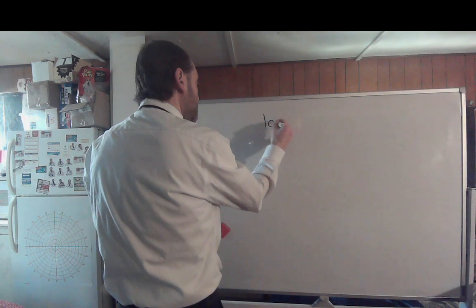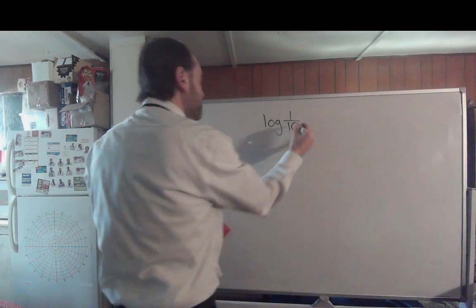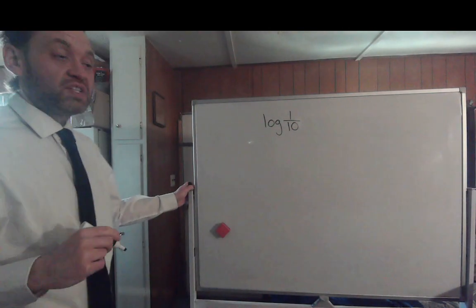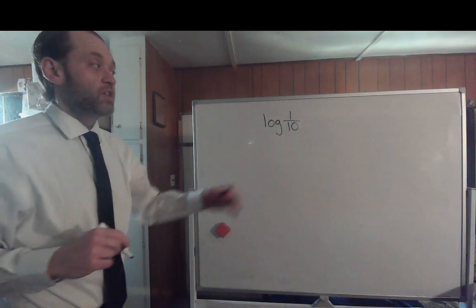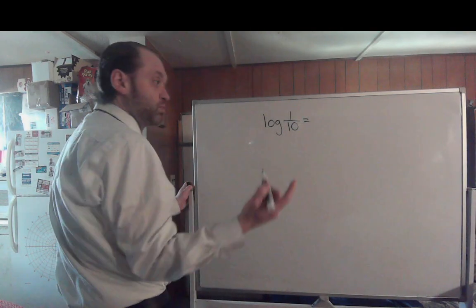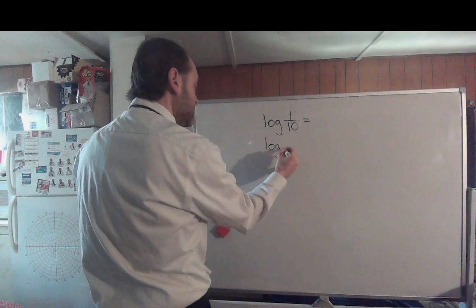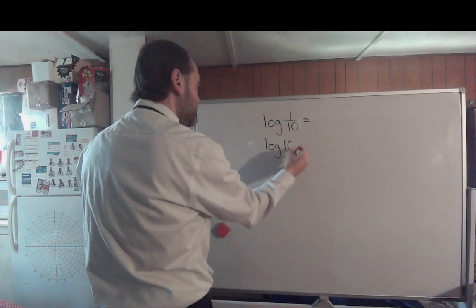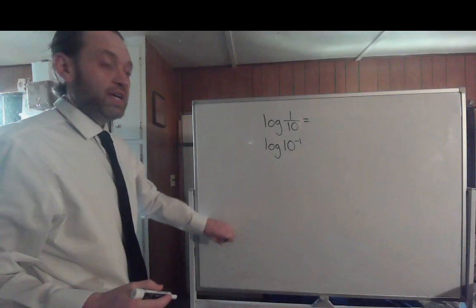We have log of 1/10. Remember, if you just see log, that means that by default it's the common logarithm, base 10, right? Well, what is 1/10? Isn't that the same as 10 to the negative first? So you could say log of 10 to the negative first for this. So we get log of 10 to the negative first,